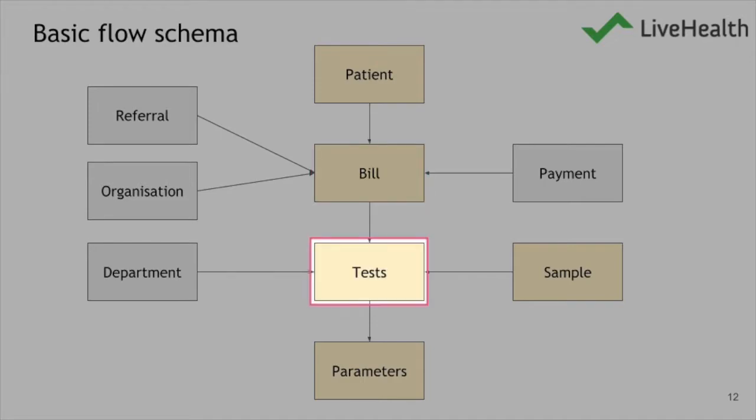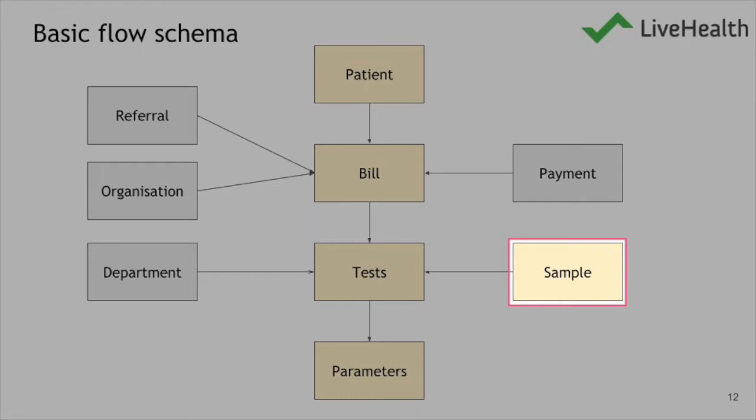Now, for that test which the patient needs to perform, you'll need to collect the sample. So each test will be assigned a sample type. For example, CBC, which is a blood test, will have a blood sample type or an EDTA sample type. A lipid profile or a liver profile will have a serum sample type. A urine test will have a urine sample type, and so on. So basically, each test will have a sample type associated to it.